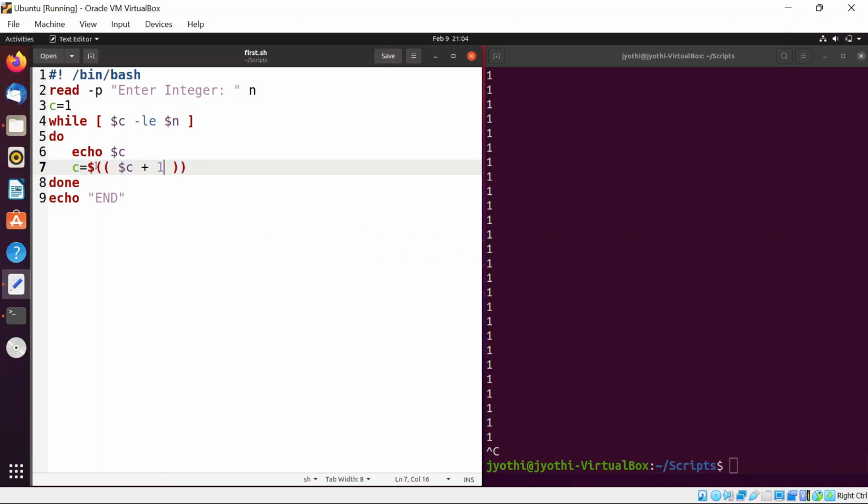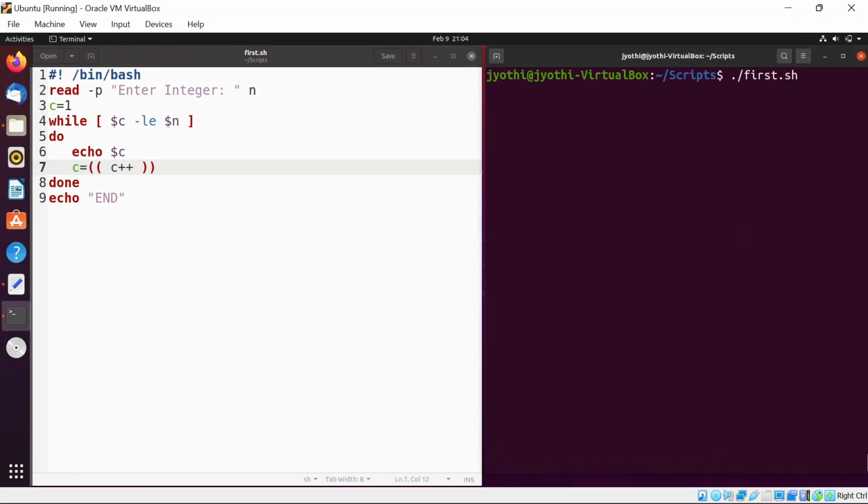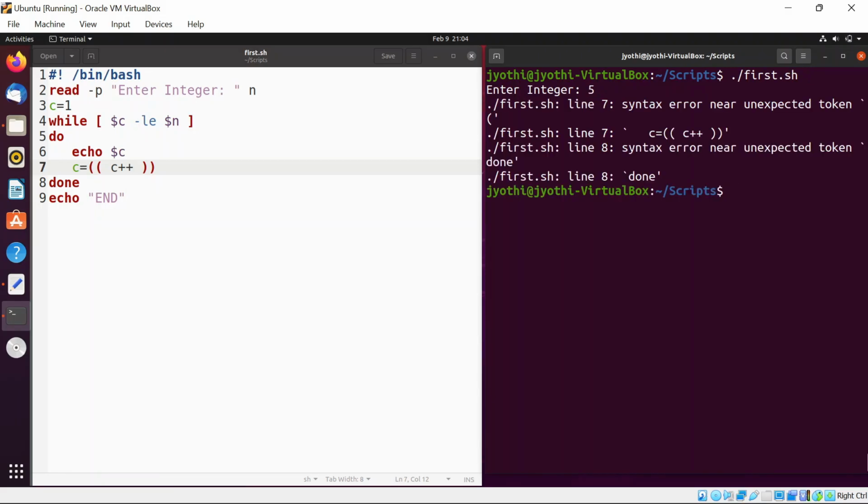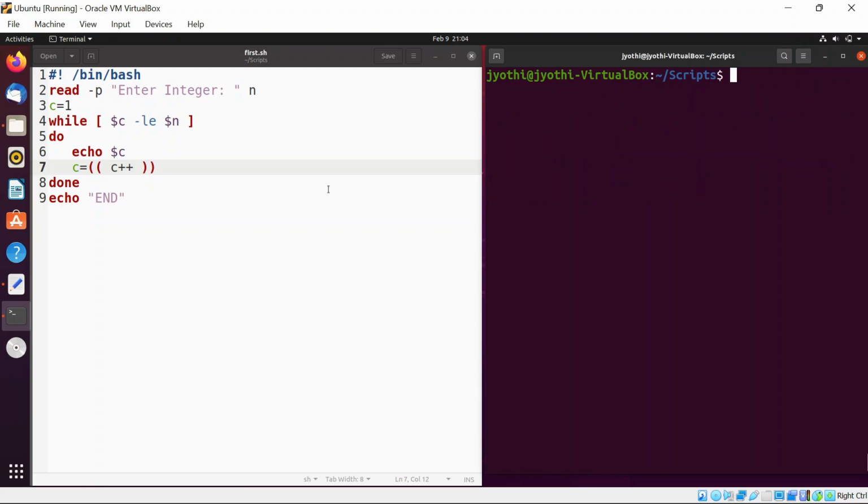Oh, I think I made a mistake. One second, let me check another option. This one also. I think in the earlier case I wrote the dollar. No, that is the mistake maybe. Okay, let me check once again. Yeah, there is a mistake. We cannot use that. Yeah, okay. So dollar, and here